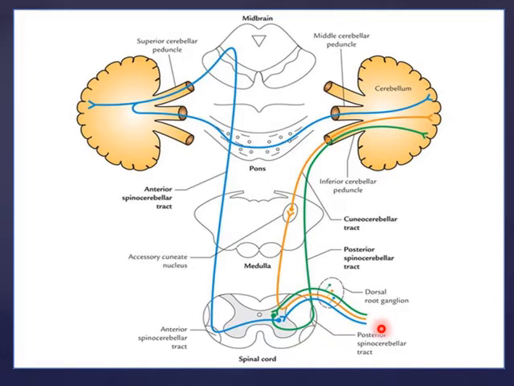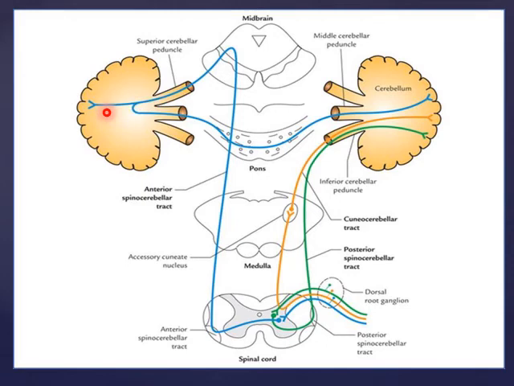Now the anterior spinocerebellar tract also takes fibers from C8 to L3 level. The first order neuron lies there in the dorsal root ganglion, the second order neuron in lamina 7, the nucleus of Clarke. However, the fibers then cross over and go on the opposite side to occupy the anterior area of the lateral white column, and then they ascend up to the level of the midbrain, and there they come down and go through the superior cerebellar peduncle into the cerebellum.